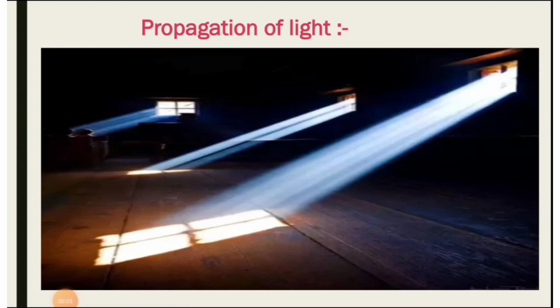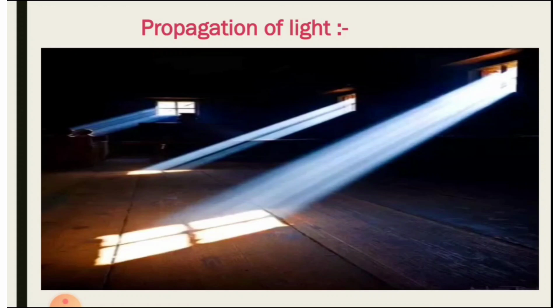Propagation of light. You may have seen in the afternoon rays of light entering through a slit in a door or a small hole in a roof. As these rays of light from the slit or the hole move towards the floor, the dust particles in their way are seen clearly. If you look at the picture, you can see the rays of light, and these rays have the dust particles which we see very clearly. Due to these particles, we can see the path of the light and it becomes visible, and we can see that their path is along a straight line.